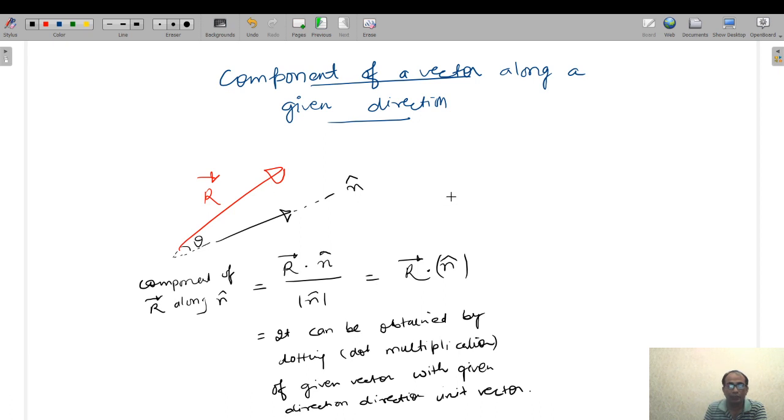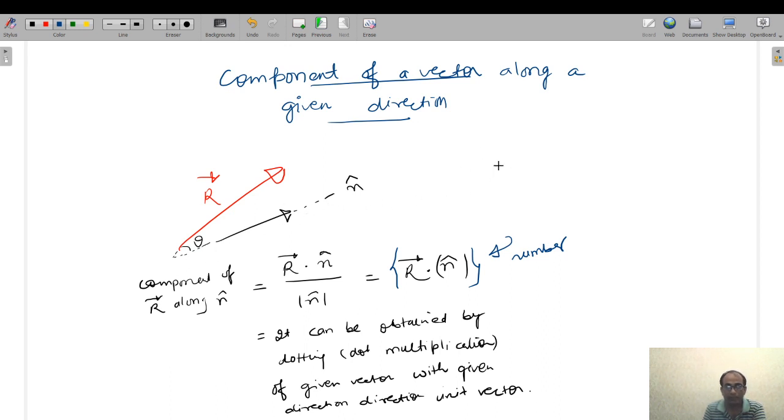Okay, and if you have to find out the vector in this direction, so how do you find out the vector in this direction? This is the component. This is some scalar quantity. This is a number. ये आपको क्या मिलेगा? This thing is what? This is some number. If you have to find out the vector along this direction, so what will you do? This number is to be multiplied with a unit vector along this direction.